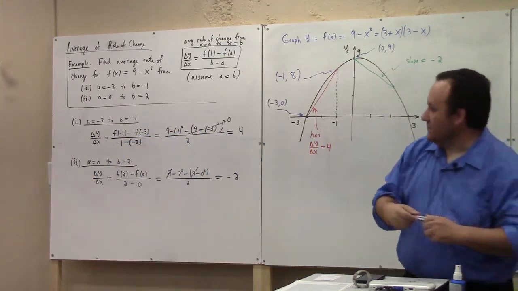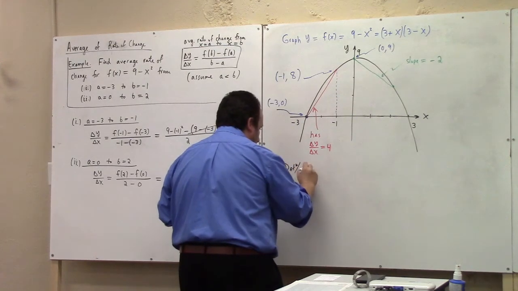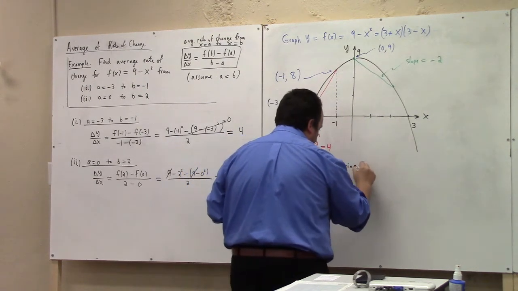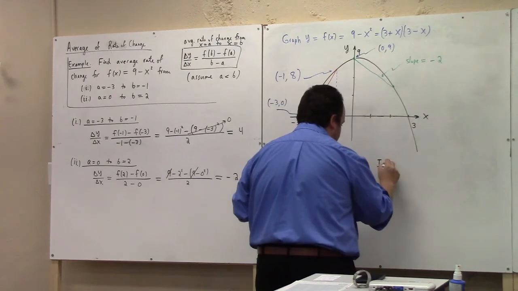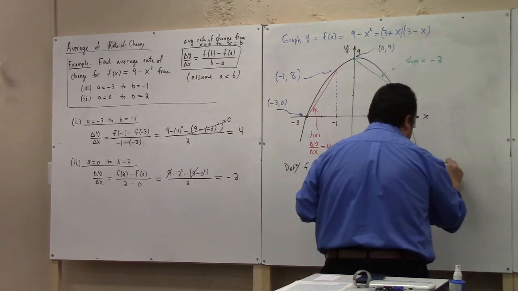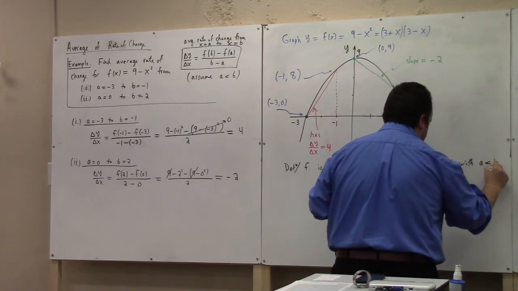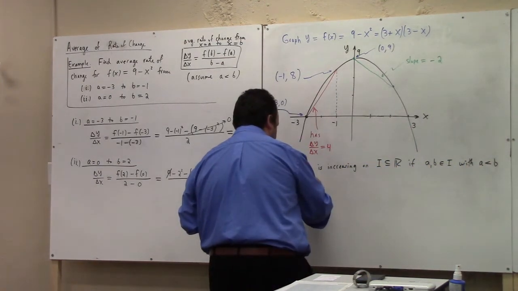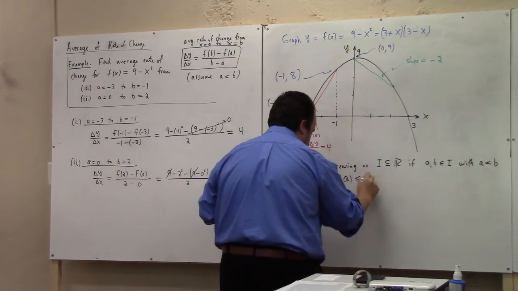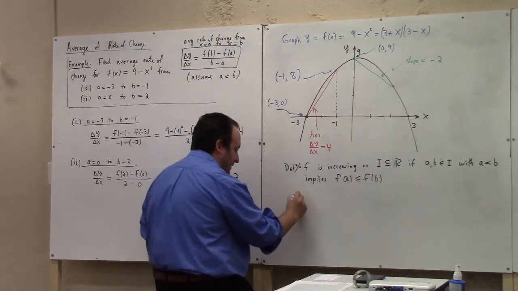Now, for the sake of logical completeness, I should give you a definition of increasing. F is increasing on, let's say, I, a subset of the reals, if a, b in I with a less than b implies f of a is less than or equal to f of b. Right? So that's f is increasing. F is decreasing